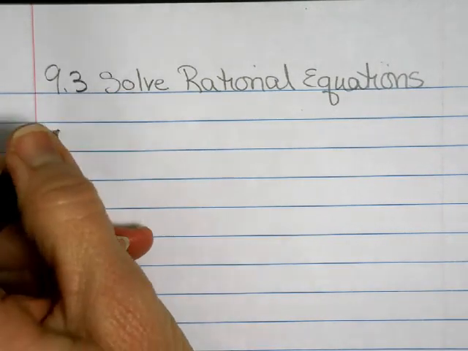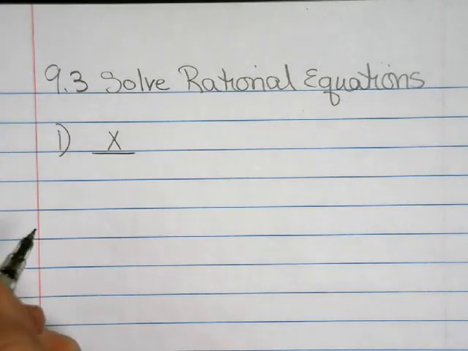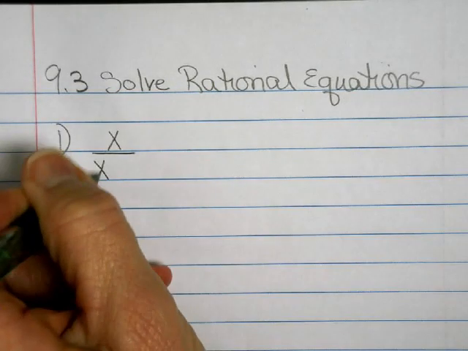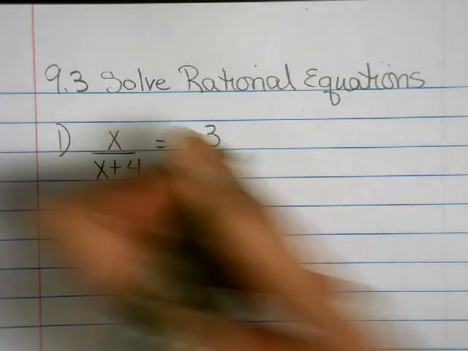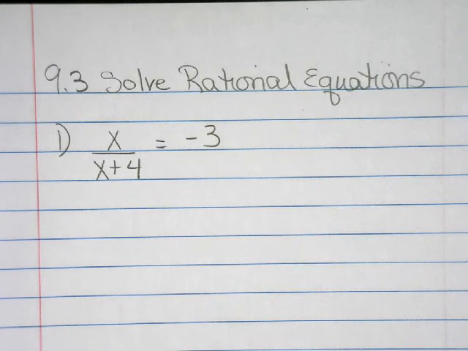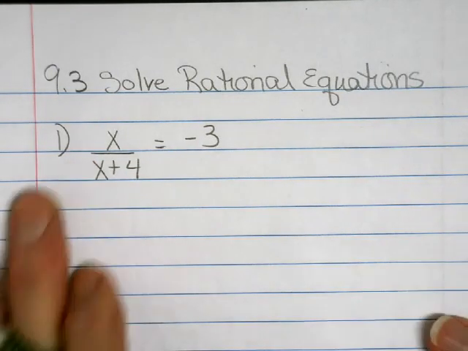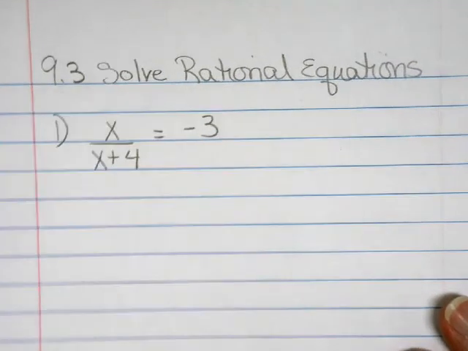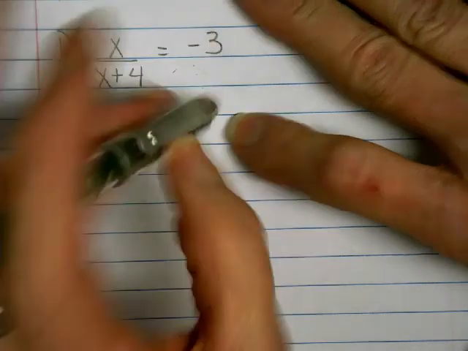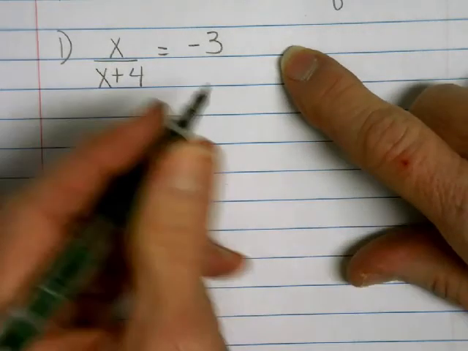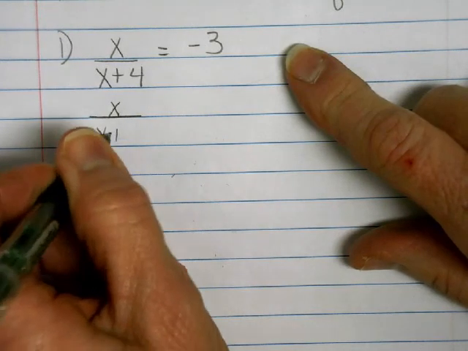So here's number 1's equation. You could solve it with algebra, but they want us to see what it looks like on the graph. So in order to change this equation to a function on the graph, first of all, you have to see this, everything on one side. So you're going to add 3 to both sides,